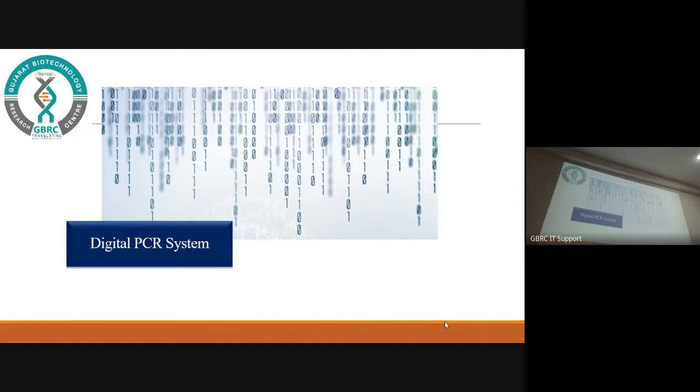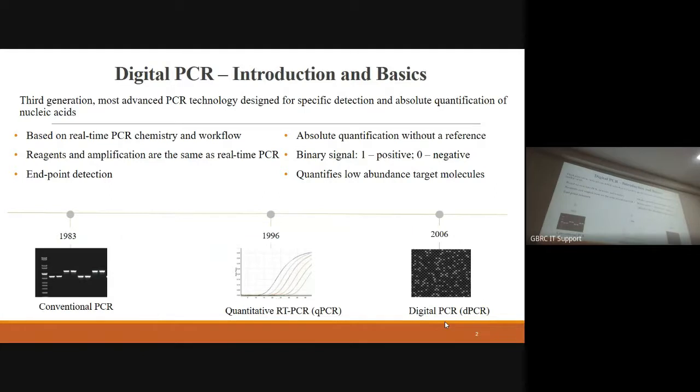Suppose the digital PCR system developed by Bio-Rad is a droplet digital PCR system, in which your sample is partitioned into droplets. Here we have a nanoplate, so your sample PCR mix will be distributed into the nanowell plate format. And the ABI digital PCR system is based on a chip-based system. The principle is the same, partitioning into many microfluidic compartments, but some differences are there according to the manufacturer.